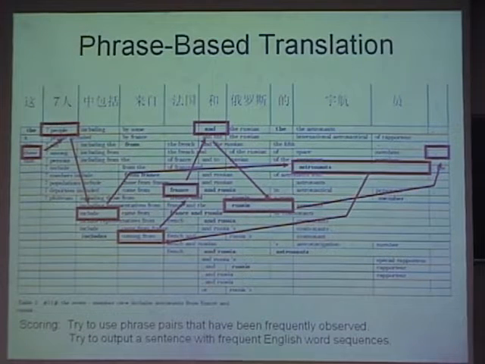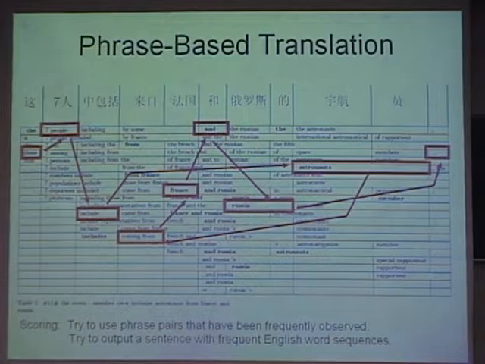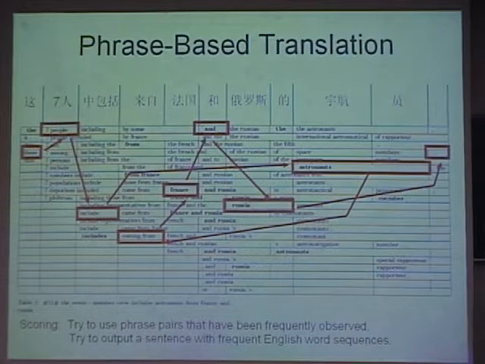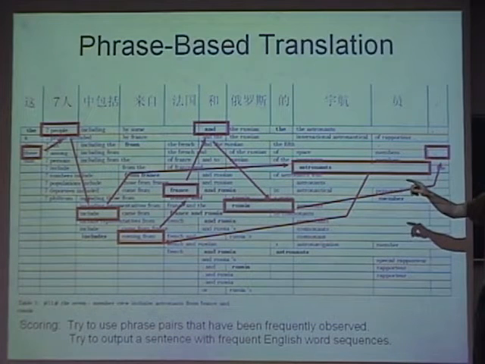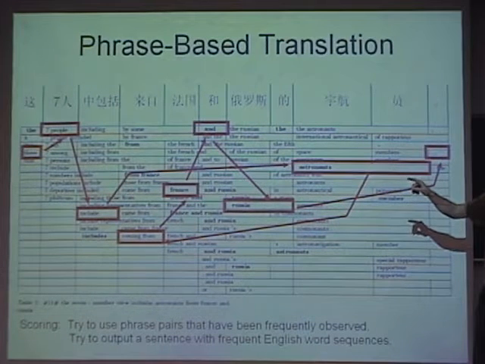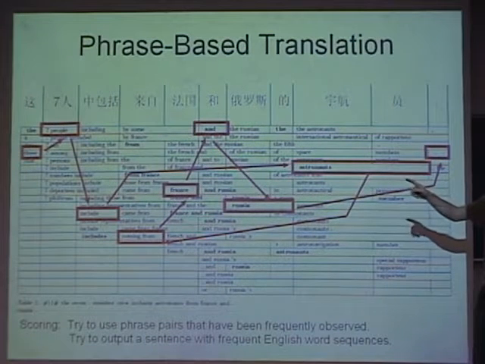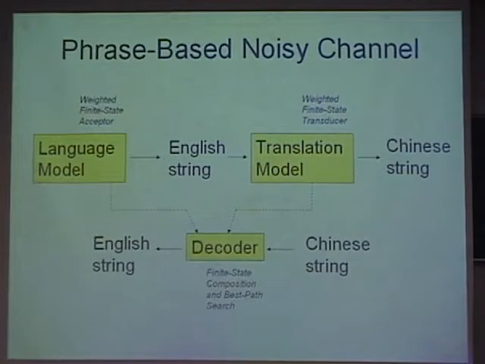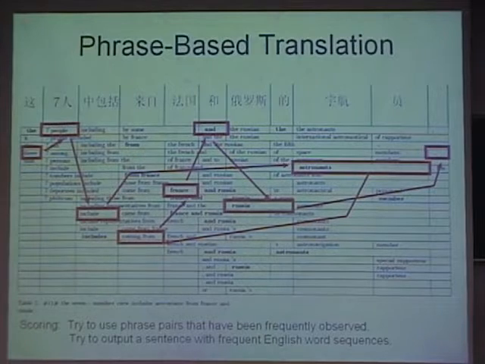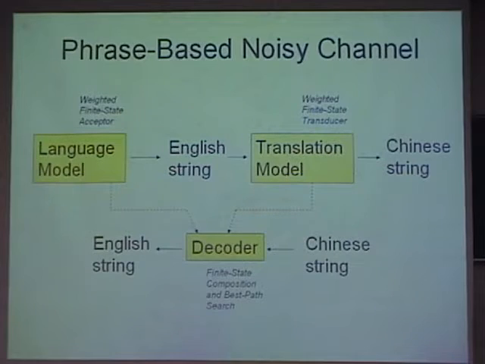So that's one thing, use frequent phrase pairs. And the other thing is try to output a sentence that has good English word sequences. So instead of "these 7 people include," well, "7 people, these include" is the worst English. Okay, so, and if you want to think about those 2 knowledge sources, I guess think about them in this